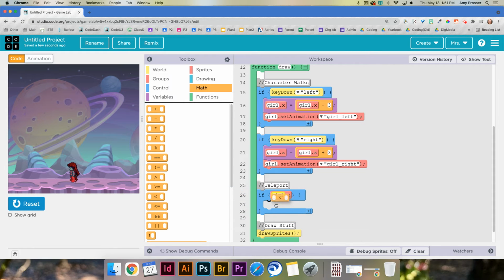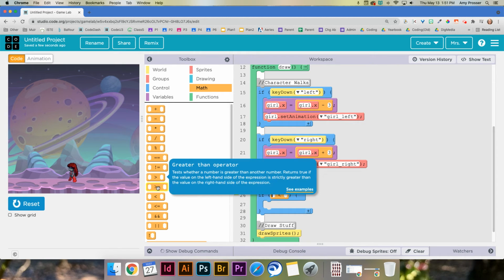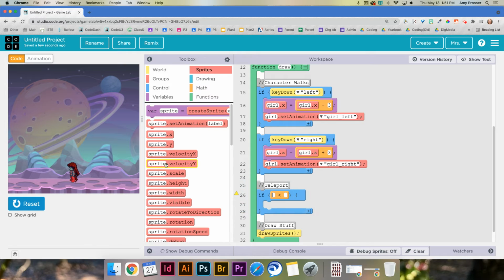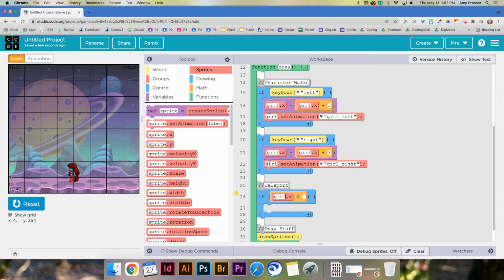So too low would be less than. Here, I'll get rid of that. Too low is less than. So I'm going to drag in the less than, and then sprite X, girl. So now I'm saying, okay, if my girl's X position is less than, and if I look over here or show the grid, I'll see the X on this side is 0. So maybe I'm saying, okay, well, if her X becomes less than 0,